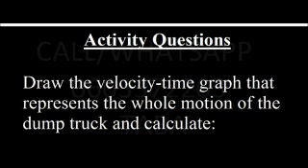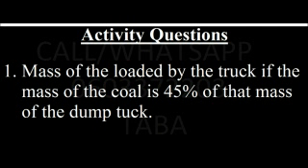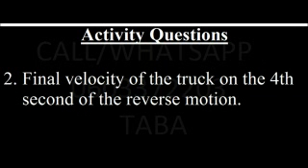Right, under the statement given above, we are instructed to draw a velocity-time graph that represents the whole motion of the truck and calculate the following. We have 5 items to calculate. The first item is the mass of the coal loaded in the truck bucket, if the mass of the coal is 45% of the mass of the truck. The second item to calculate is the final velocity of the truck at the fourth second